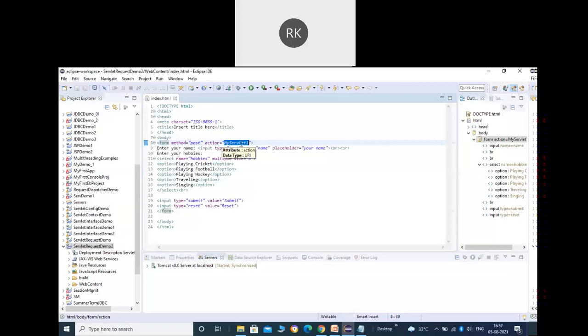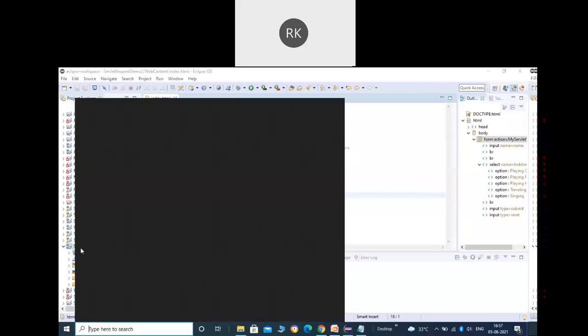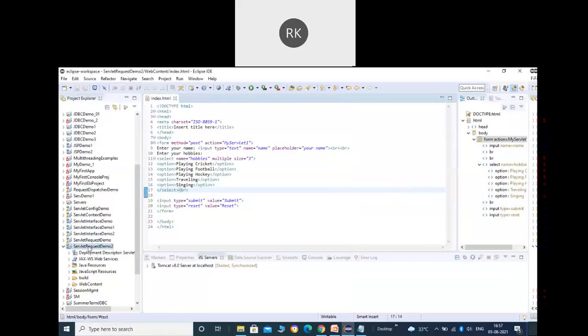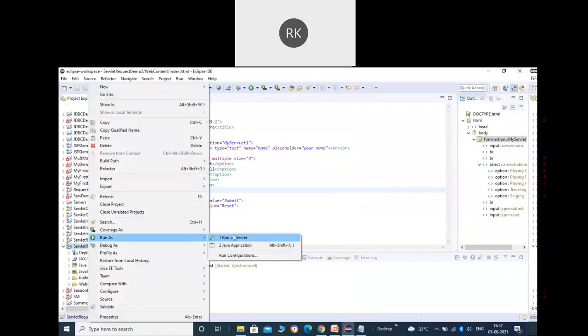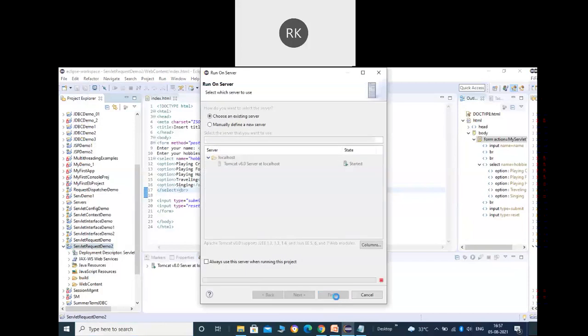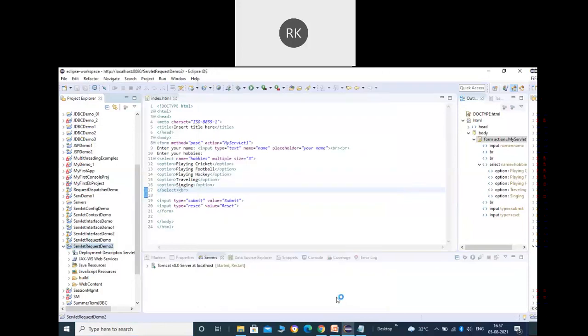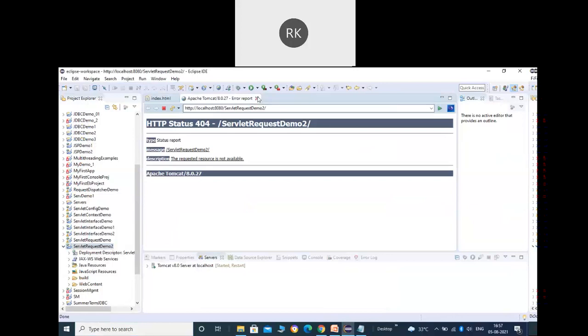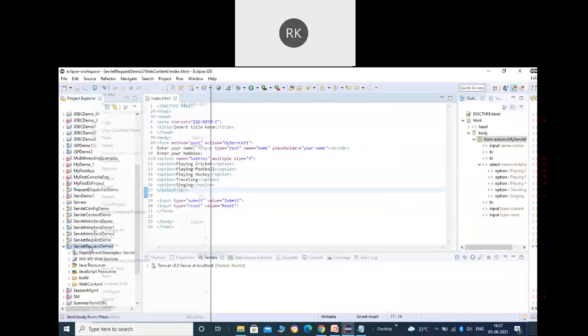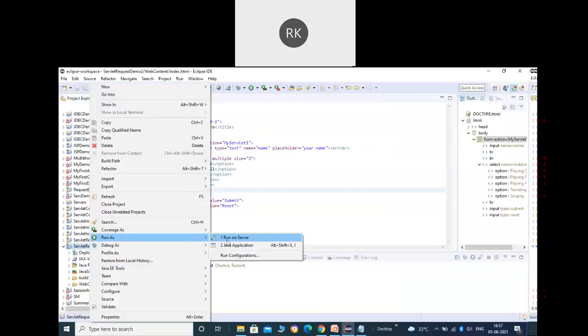All right. And then one more attribute is the action. The action here means that when I click on the submit button, when I submit this form, where it will be submitted. It will be submitted to a page named my servlet one. So the action will be the name of the page where your form is going to be submitted. This is the servlet that we are going to create, where we'll try to receive the values that the user enters here. Up to this point, if you want to see how the form looks, you can run it.